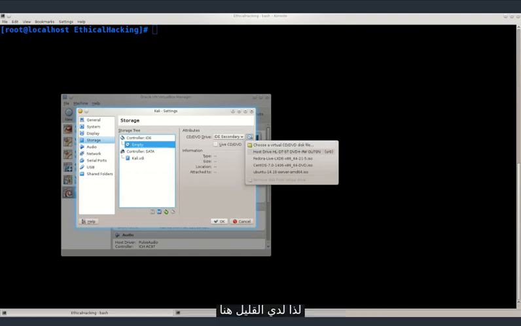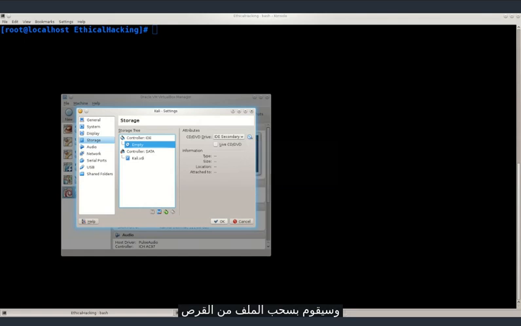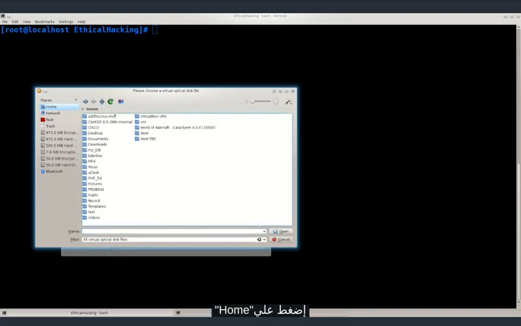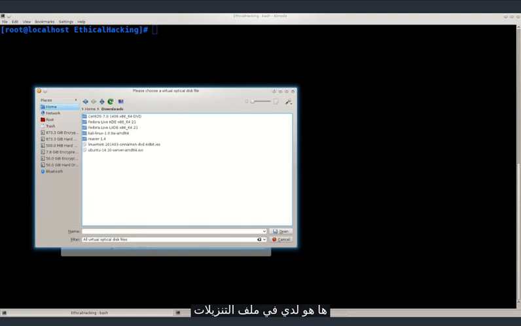So I have a few here, but none of these are what I actually need. If you have something in your CD-ROM drive, you can just go ahead and click here, and it's going to pull an image from a CD. But that's not really the case here. We have an ISO file that we want to use, so just go ahead and open it up. Click on Home, and I have it in my Downloads folder. It should be around here somewhere. Yep, there we go. Kali Linux